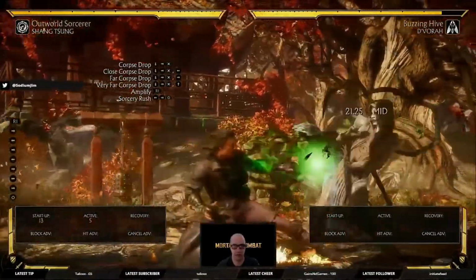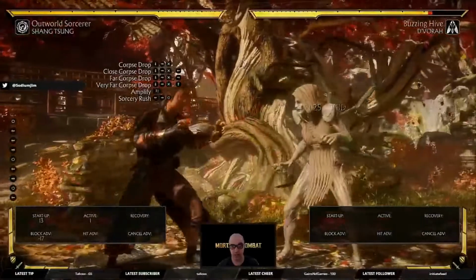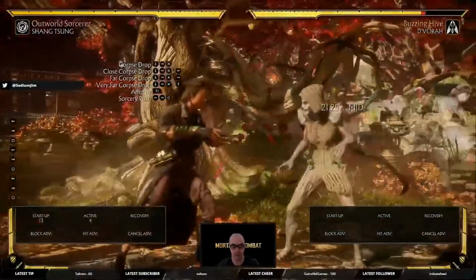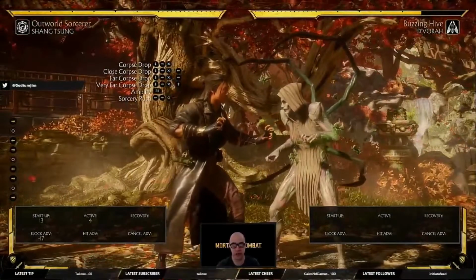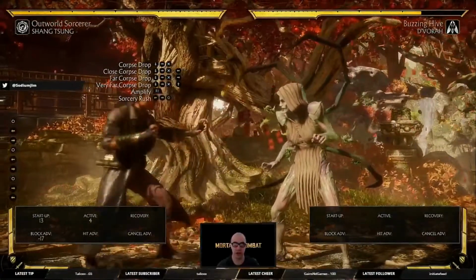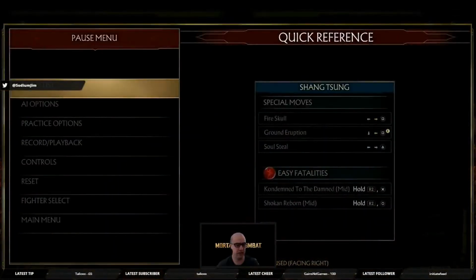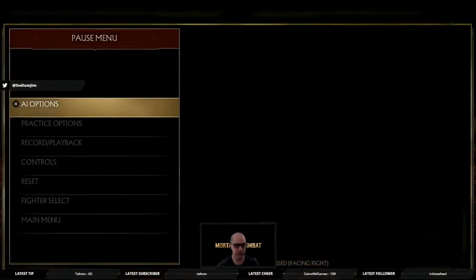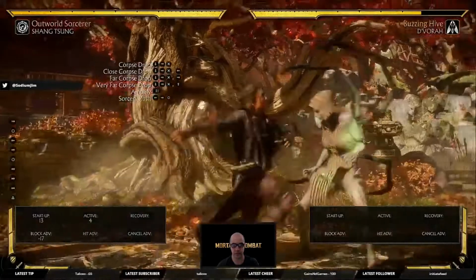And then finally you've got Sorcerer's Rush, which is a slide move, which is a mid, minus 17 on block. From what I've seen in its practical uses on day 1, this is generally used as a combo ender, so that you get corner carry. So I think his combos will look something like, I mean I could be wrong, I haven't practiced at all, so I might not get it, but